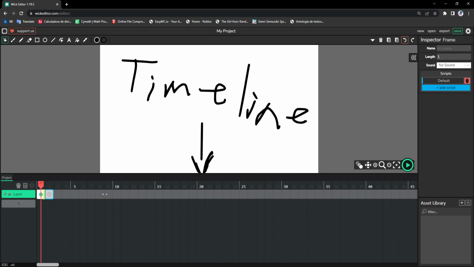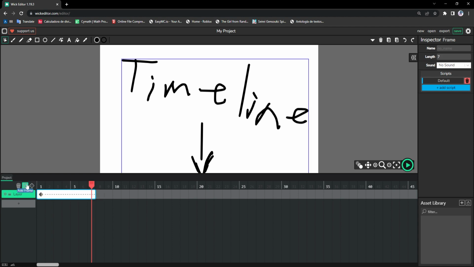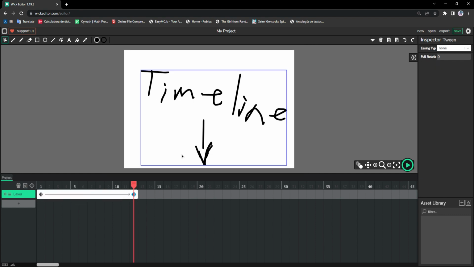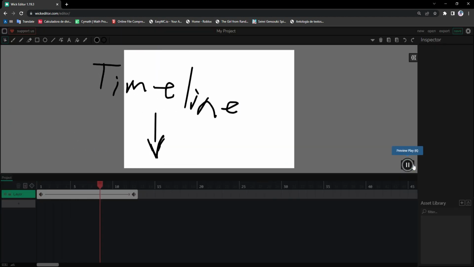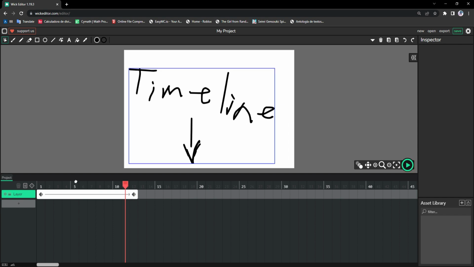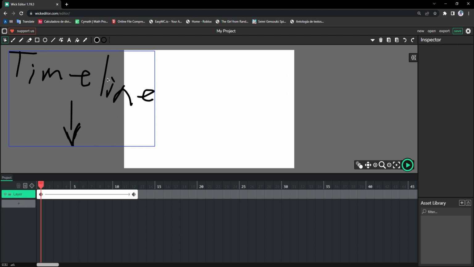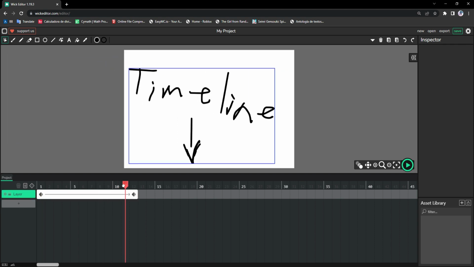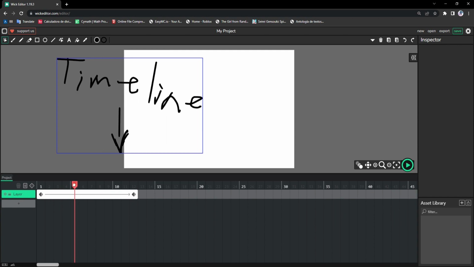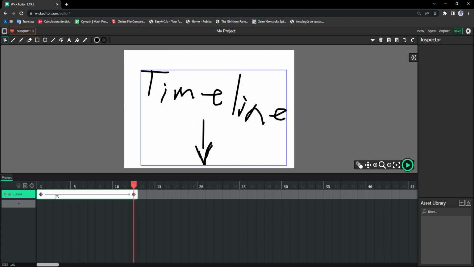And you also have something like the tween, which my computer is kind of dying right now, so give me a couple of seconds. Tween, to explain it shortly, is when you make it so that a movement is set. In my case, if I put this here, it would play this. The tween fills in the blank space that you give it. Right here, my clip starts here, and what the tween does is fill in the blanks. It moves the object for me. This can be used for other things